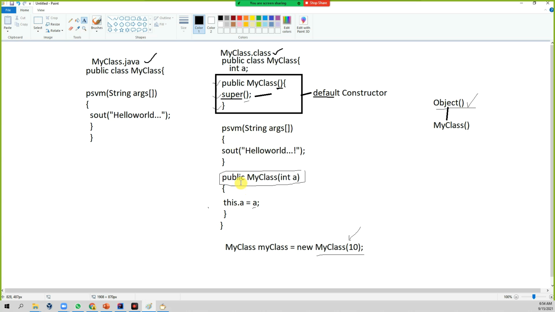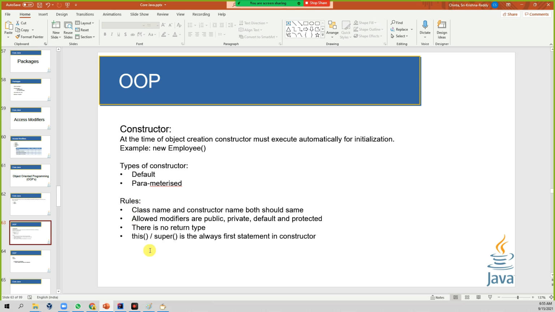Public we already discussed, and public can be applied to a constructor, but static and void cannot be applied to a constructor. There is no return type when you write a constructor, but your method has void. Void is one of the return type values. Static can be applied to a method, but a constructor should not have it.